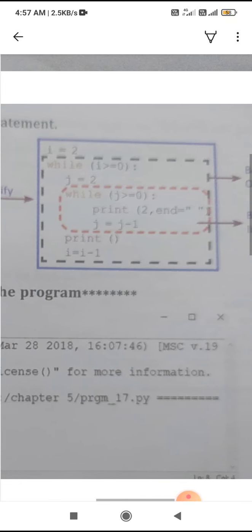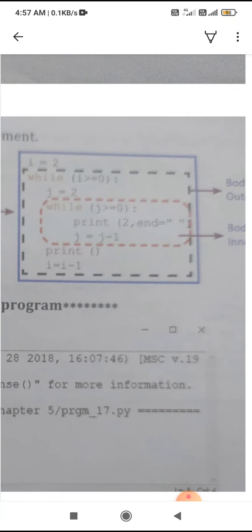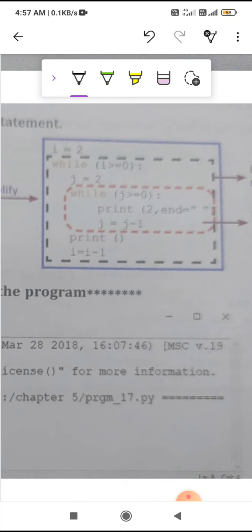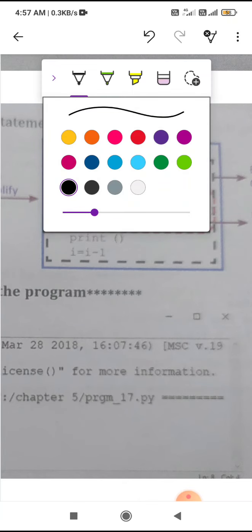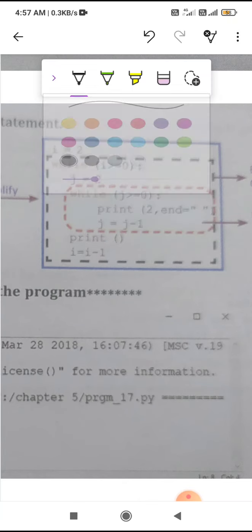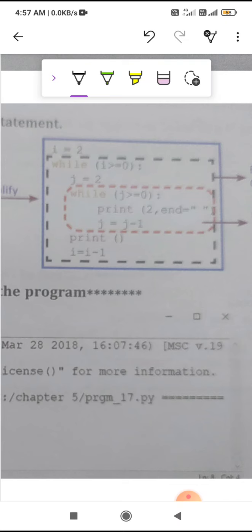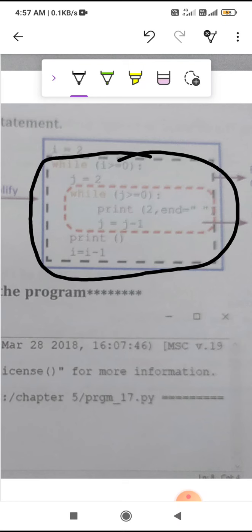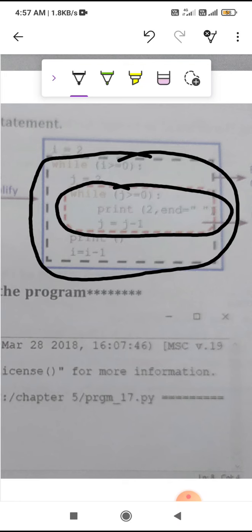Now, how does it work? See the working of this. This one is the body of the outer loop, and this is the body of the internal or inner loop.